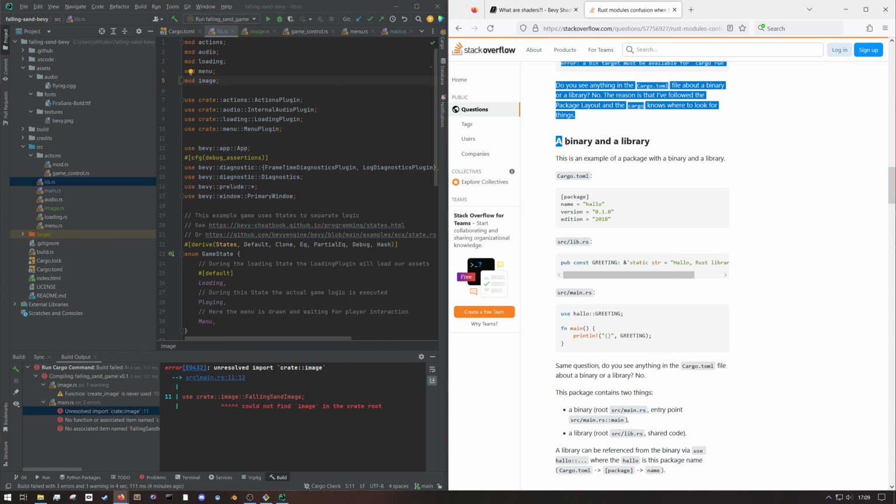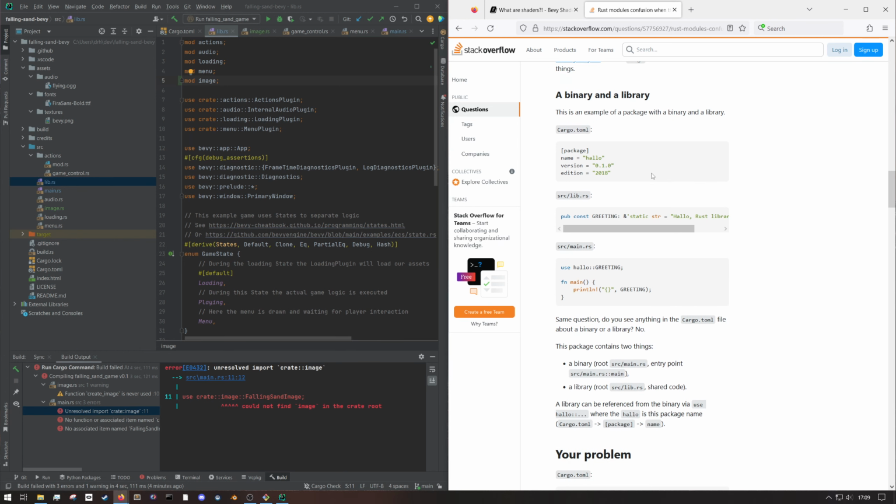So this is the example that closely matches ours, a binary and a library. So we've got package in cargo, which, yeah, we definitely have. So we've got the package in the cargo.toml, matches ours, it's the metadata, and then in lib you've got just a basic definition of a string here,